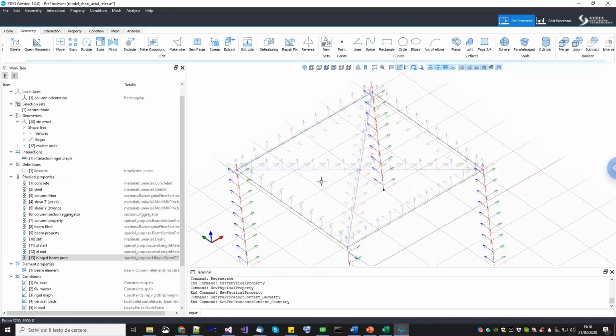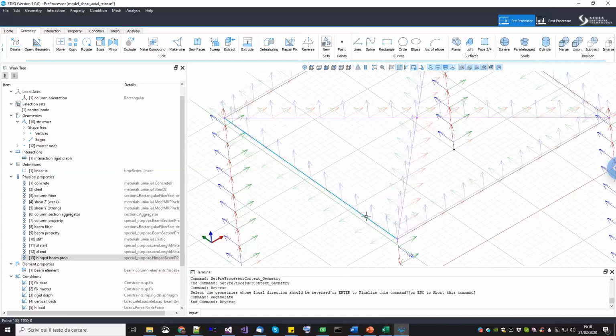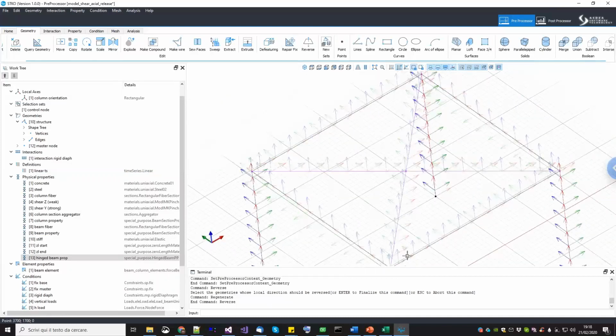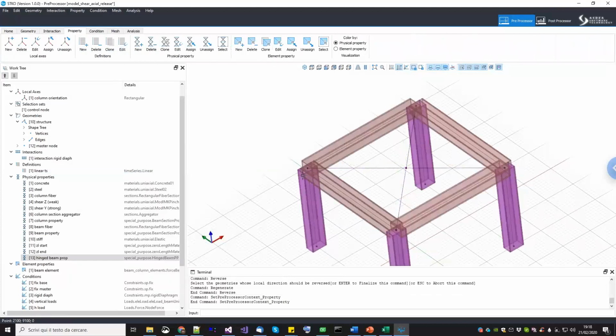In this case, it is not important, but when we apply the end releases, we want to apply the releases on the same side. So in this case, I'm going to reverse the direction of this one. So it will be according to the direction of this one and the direction of this one. Okay, right click. And so now you can see this and this one are both going on the positive x-axis, and now this one and this one both along the positive y-axis. Okay, now that they are pointing in the same direction, I can switch off this, go back to property, and